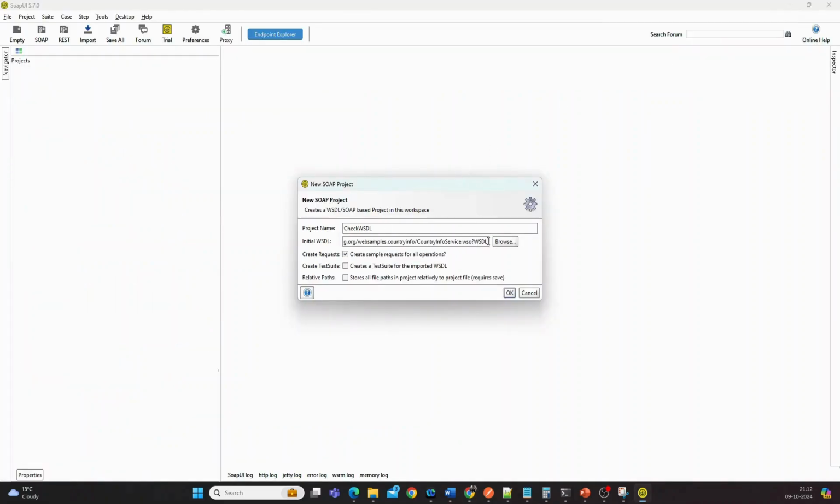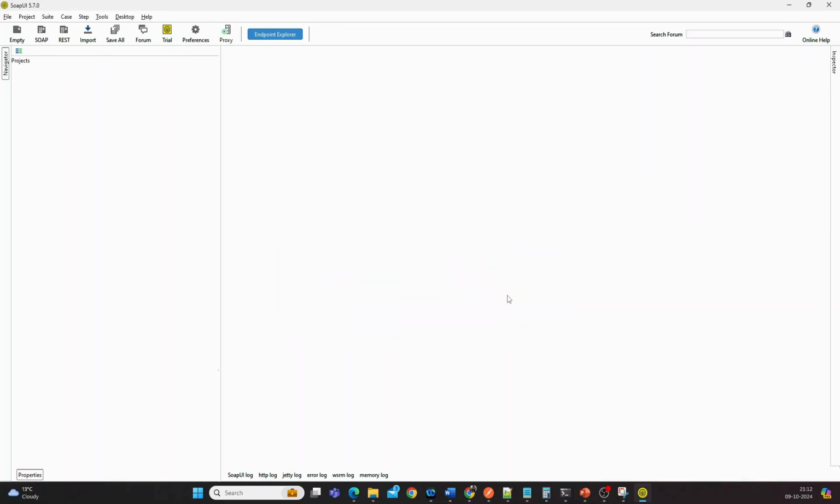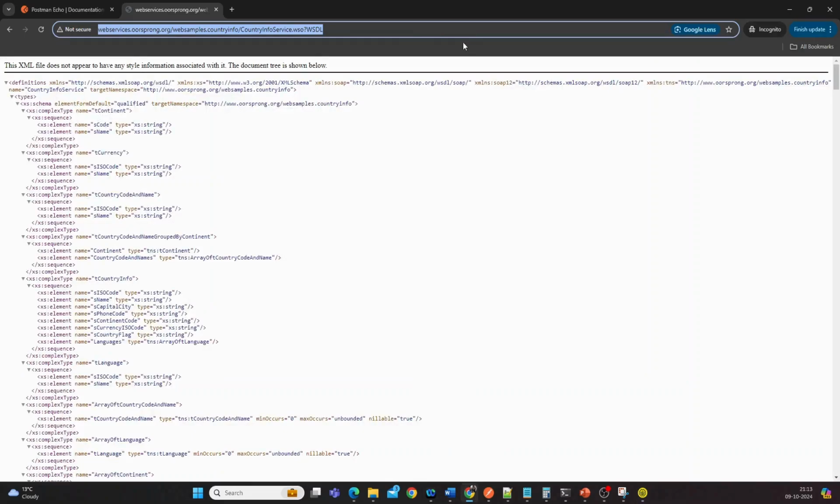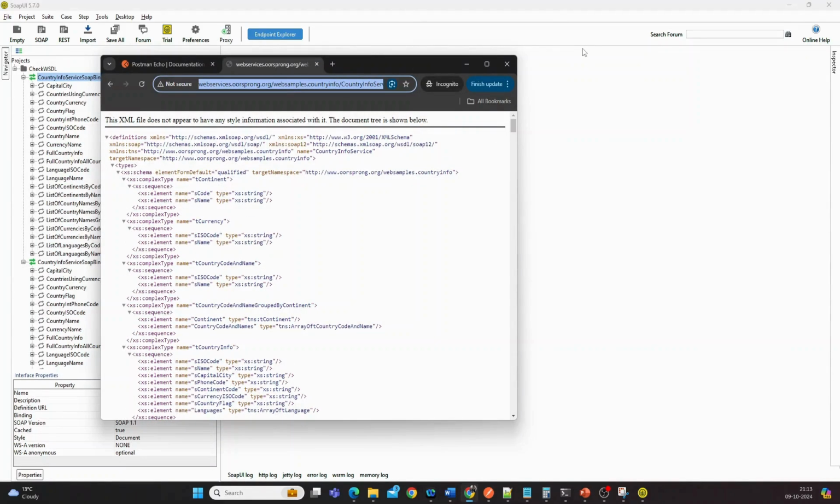I copied the entire WSDL URL. Click OK. Now SoapUI interpreted this WSDL and it has really listed out all the APIs that are being exposed by this particular WSDL. So let us go and try to see. Let us bring in this particular